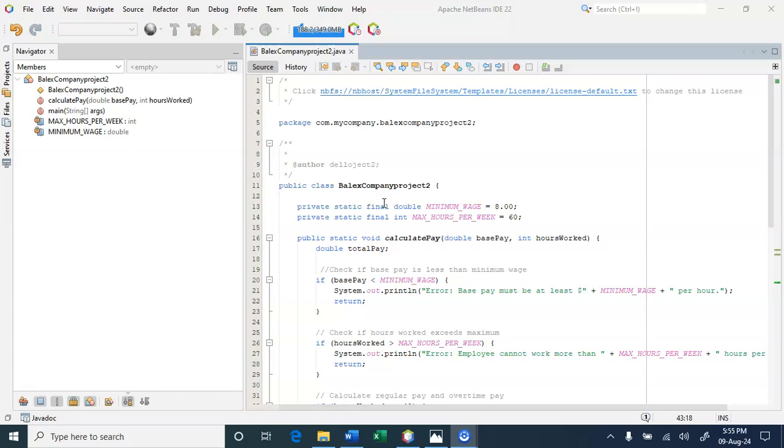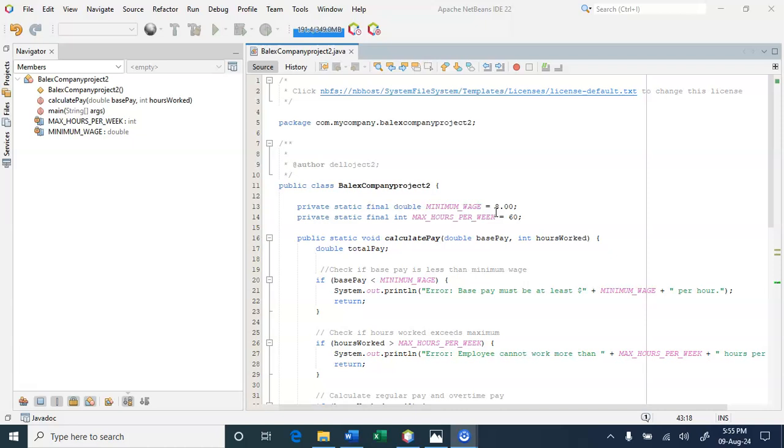So we go to the constant declaration. These lines declare two constants as we were given in the questions, whereby we have the minimum wage, a constant set to $8, which represents the minimum wage per hour. So a minimum wage per hour, we need to declare it.